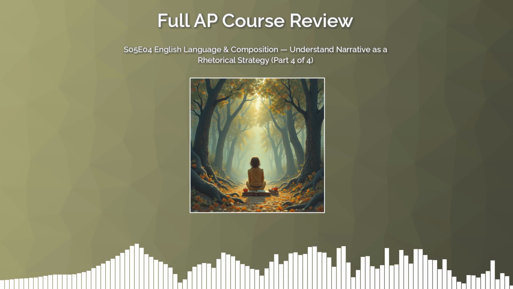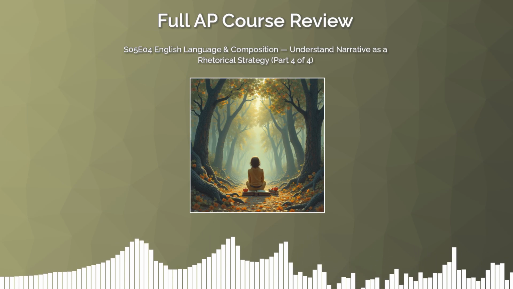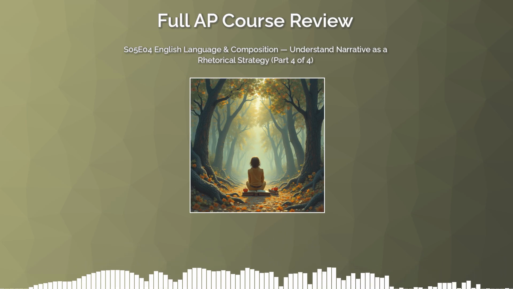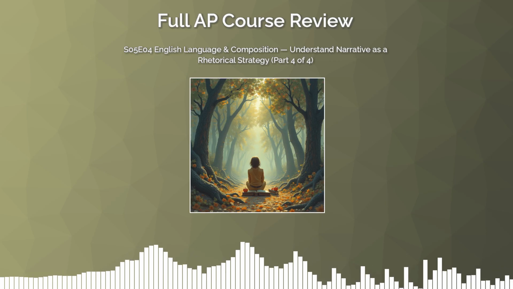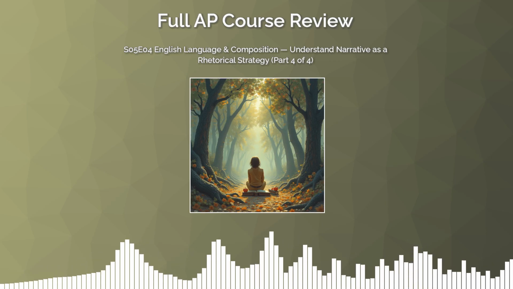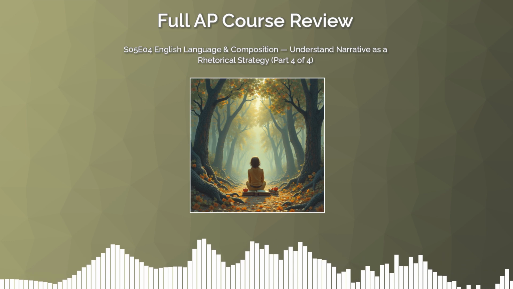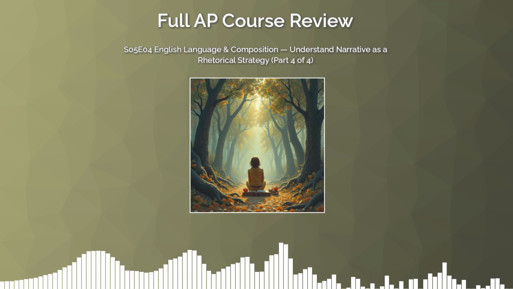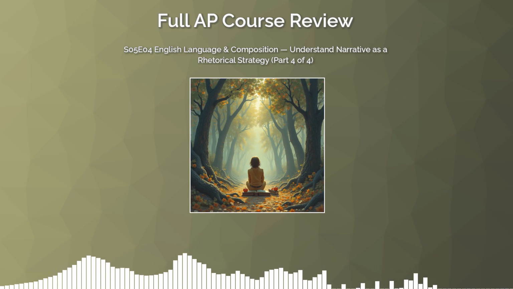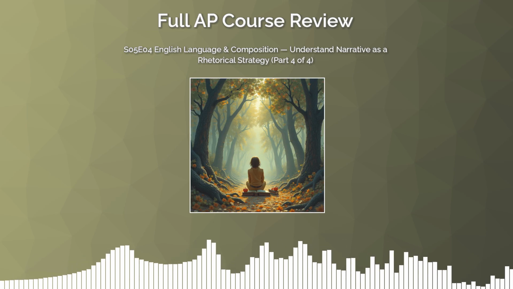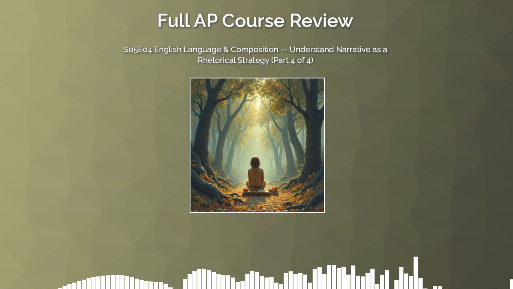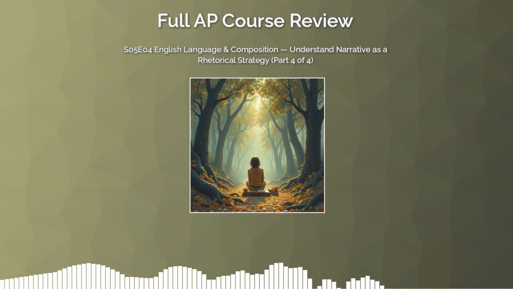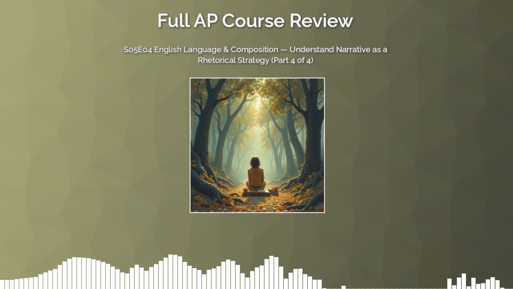Connections across the course. This topic connects directly to the rhetoric work in Units 1 and 2 because perspective bias is essentially an extended study of ethos, the credibility and positioning of a speaker. It connects to Unit 3's work on argument and evidence because an unreliable narrator is essentially a case study in how selective evidence can shape perception. And it reaches forward into the synthesis and argument essays of Units 8 and 9, where you yourself must manage your own credibility as a writer and acknowledge the limitations of your own perspective. Understanding that every narrator, including you in your own essays, occupies a particular vantage point is one of the most sophisticated rhetorical moves you can make.